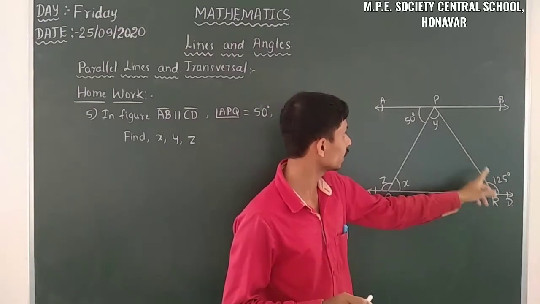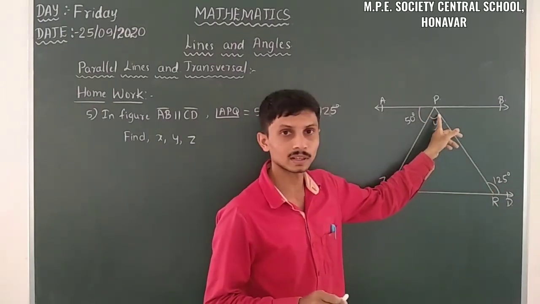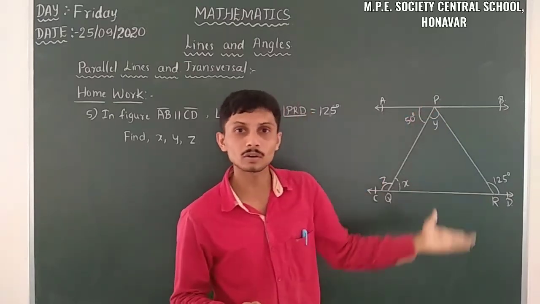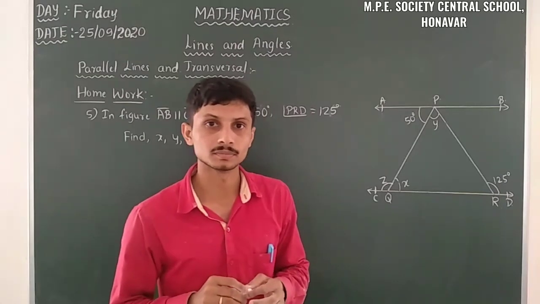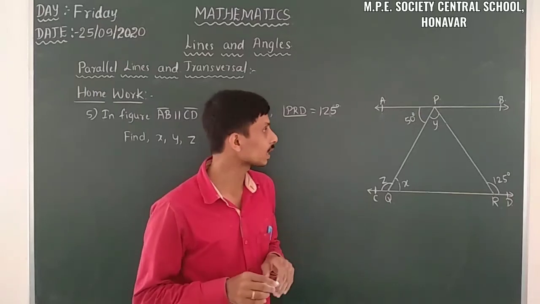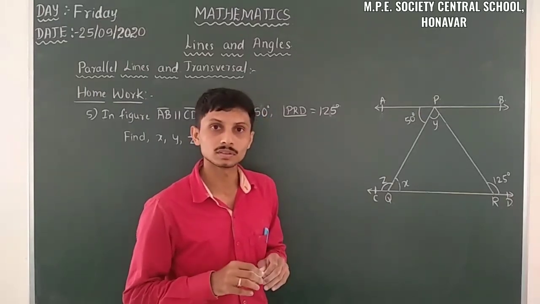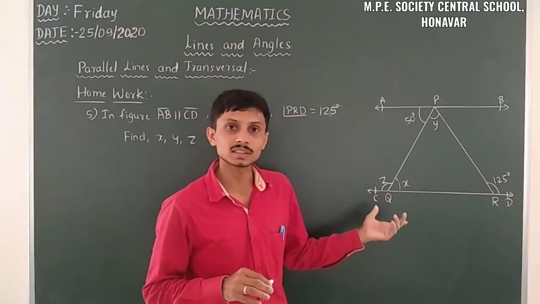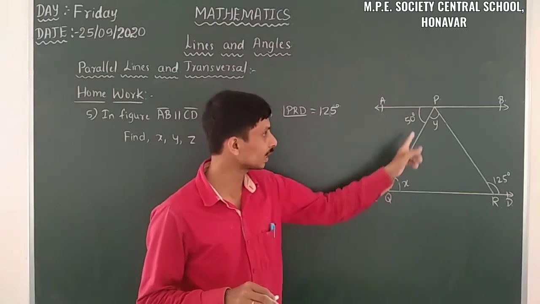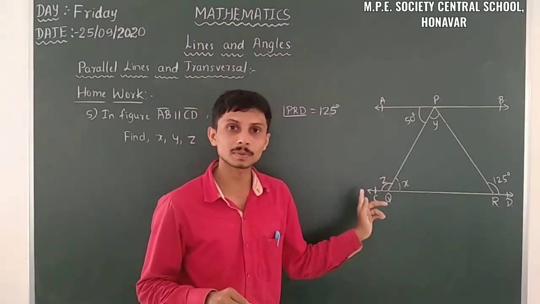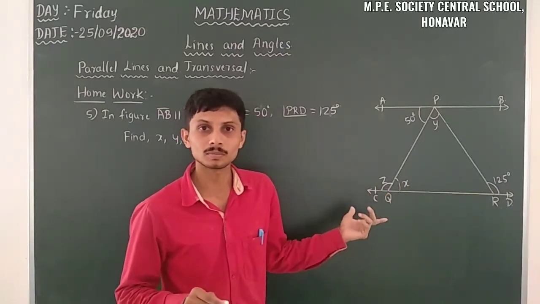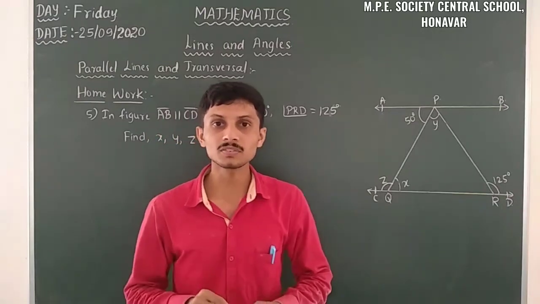So here 125 is there. Here the complete angle is 125 degrees. So from that complete angle and here it is 50 degrees, you have to find the value of y. Then here we have to find the value of z. There are two ways to find that, but when it is simple, it is this. We can use axiom 6.1: when a ray stands on a line, the sum of adjacent angles is 180 degrees. From that we have the value of x. From that you can calculate the value of z.